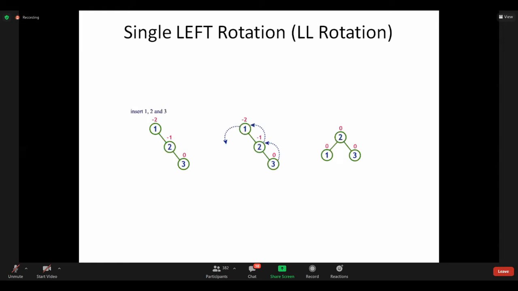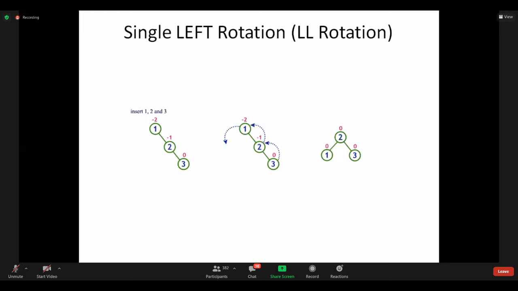If there is no left subtree, we take it as 0. There is no right subtree, so it is 0. 0 minus 0 becomes 0. So the balance factor for node 3 is 0. And coming to node 2, there is only one right child, but no left part. So 0 minus, sorry, there is no left part, right? So 0 for the left and one right child, that's 1. 0 minus 1. So finally the balance factor of node 2 is minus 1.